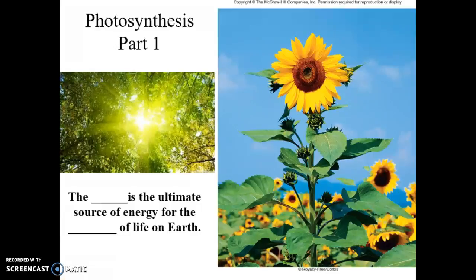We eat things that used the sun, or we eat something that ate something that used the sun to produce its energy. So consider the sunflower growing there. Some of us may eat sunflower seeds. You're eating that plant, the seeds, to obtain carbohydrates, possibly lipids and proteins. You're getting nucleic acids as well. And then your body is going to use those things in cellular respiration to make ATP. The sun, though, is what enabled the plant to grow and produce those carbohydrates, lipids, proteins, etc.